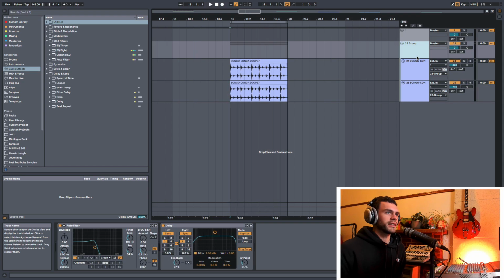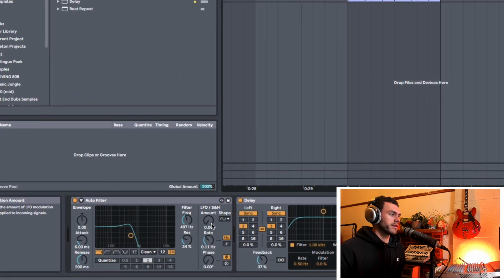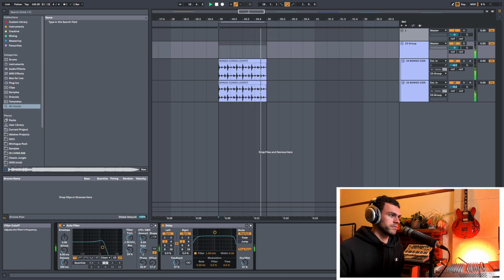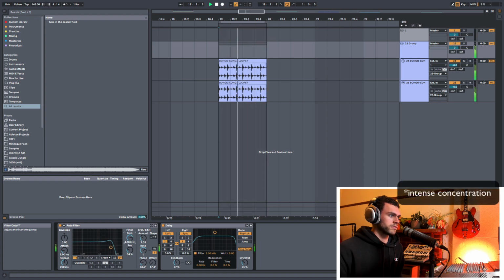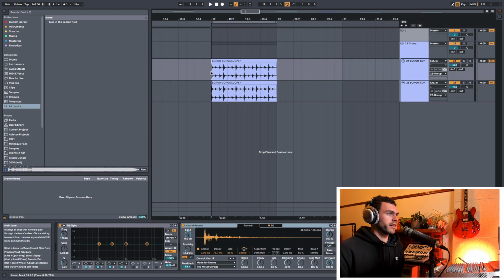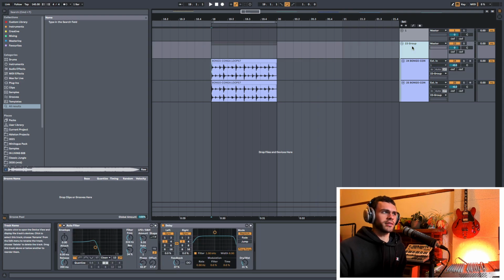Sounds almost like a trance sequence. Maybe we could turn the shape onto like a ramp up and turn the amount up, and then play it with this. Maybe put on like a bar or something. Really cool sound from this bongo loop that I think I really want to flesh out a little bit more